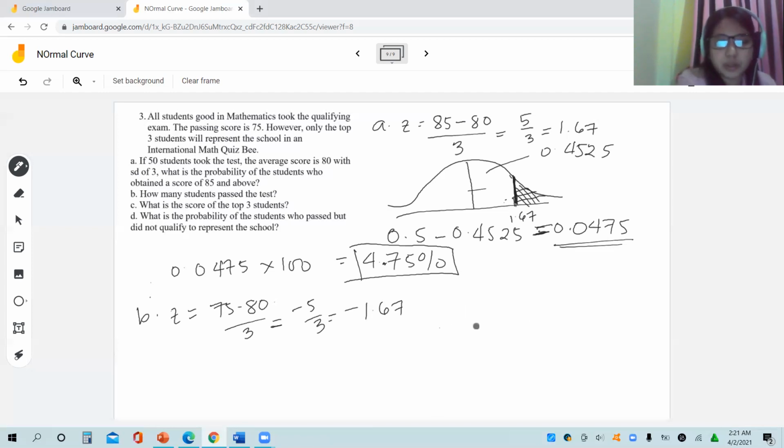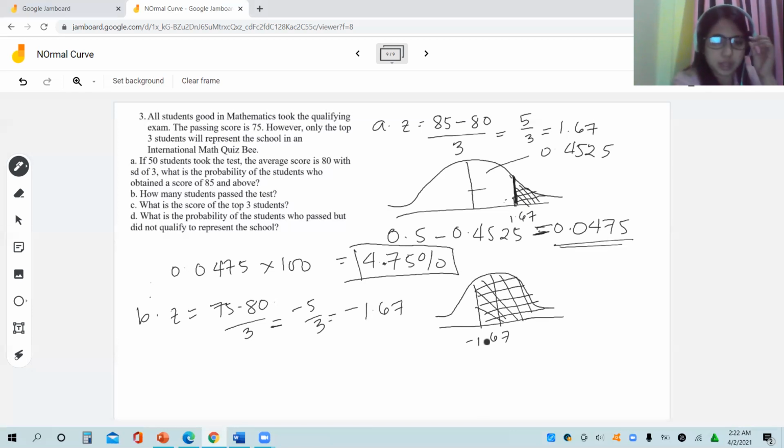So this is negative 5 over 3, negative 1.67. If we graph this, or rather draw the illustration, this is negative 1.67. The shaded region is this region because it is, of course, the passing. This is where 75 falls, so it is 75 and above. Since it is again 1.67, similar with letter A, we know that from 0 to negative 1.67, the area is